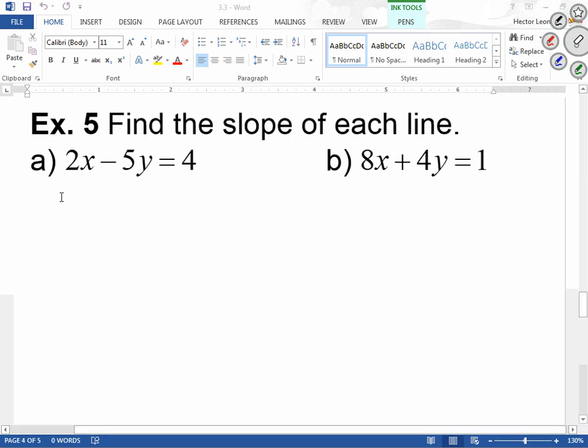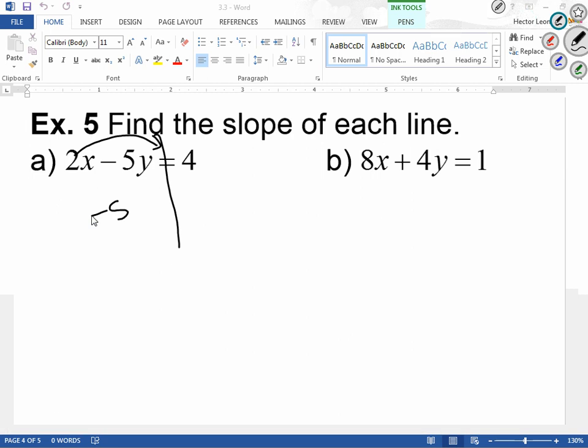I know I'm getting ahead on this one. I'm getting ahead from this section, but I don't want to confuse you. I'm going to help you guys a little. Let's get the y by itself. So I'm going to separate them to the equal sign. I'm going to move the 2x to the other side. So I'm going to have negative 5y equals negative 2x plus 4. Right? I moved the 2x, so make sure you change the sign. Now, divide everything by negative 5,